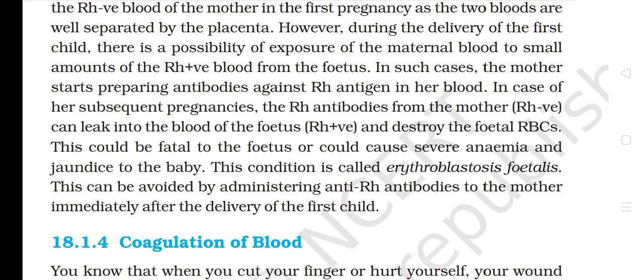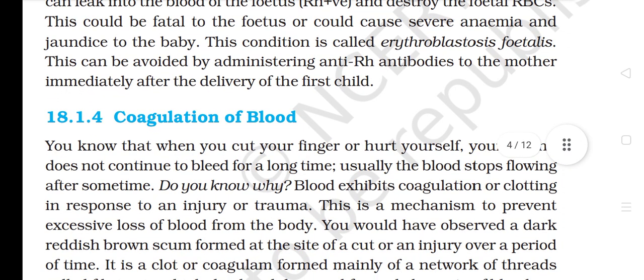In such cases, the mother starts preparing antibodies against Rh antigen in her blood. In case of her subsequent pregnancies, the Rh antibodies from the mother, Rh negative, can leak into the blood of the fetus, Rh positive, and destroy the fetal RBCs. This could be fatal to the fetus or could cause severe anemia and jaundice to the baby. This condition is called erythroblastosis fetalis. This can be avoided by administering anti-Rh antibodies to the mother immediately after the delivery of the first